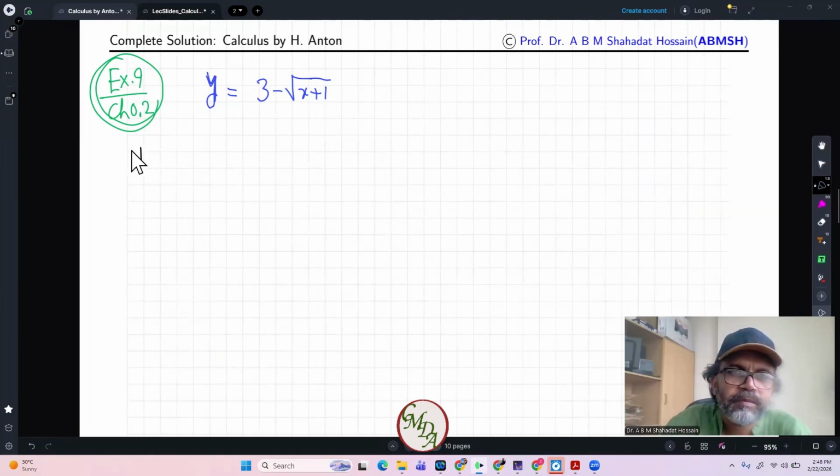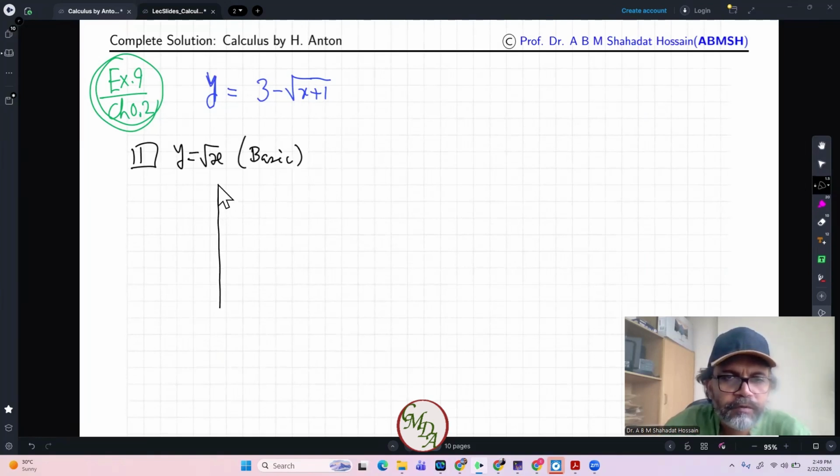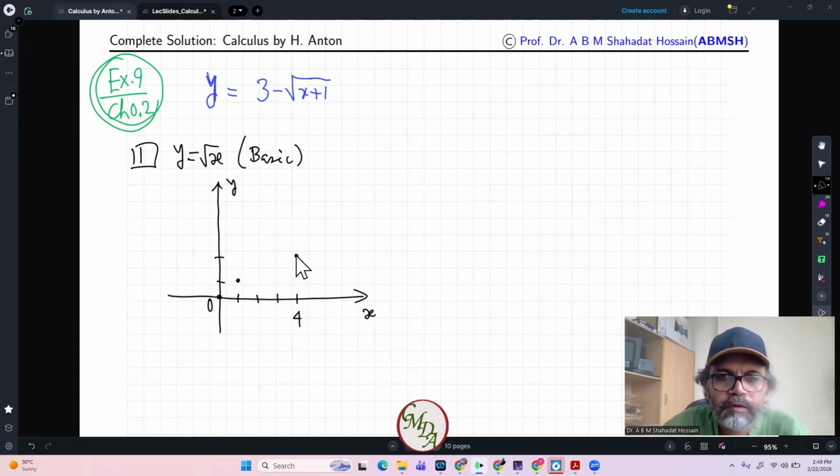So first we'll draw the basic one, y equals root over x, the basic square root function. So what would be the graph? Again, 3-point formula. We'll take the labeling of the x and y axis and the origin. So 1, 2, 3, 4. Let's take this point at 0, 0. At 1, it is 1. And at 4, the value is 2. So at 4 we get 2, for 1 we get 1. So this is our